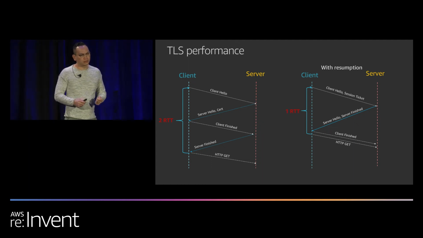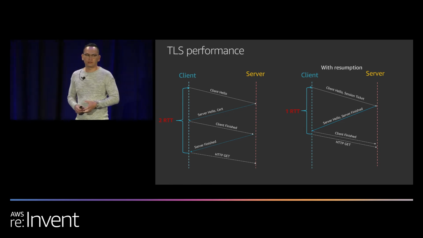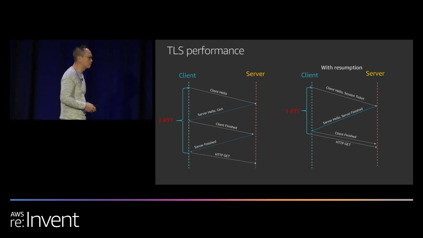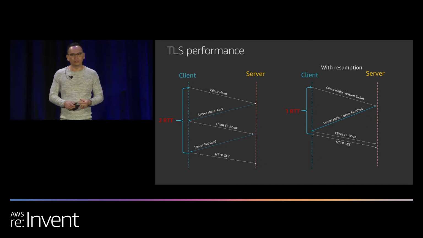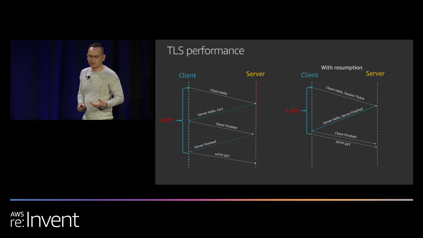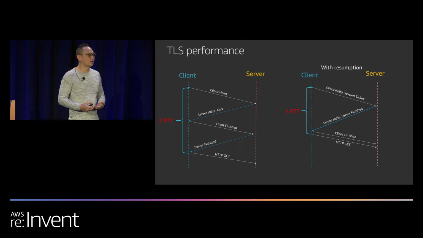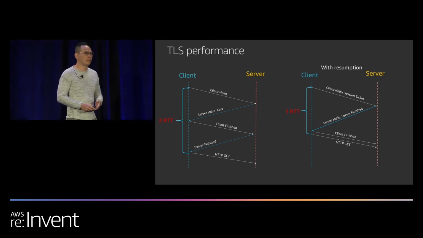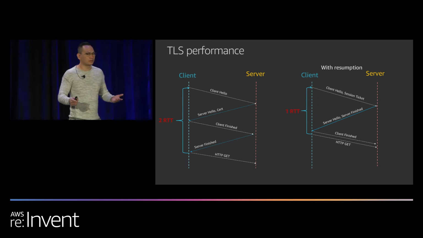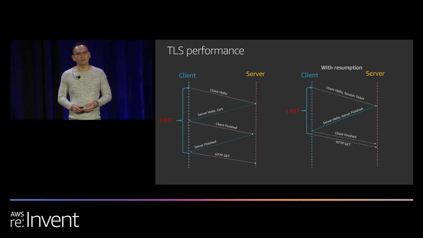So with session resumption, we're actually able to provide the client with a session ticket that the server would only know. It's a bunch of cryptographic information about the security profile of the original connection. And then on subsequent connections, when a client goes to resume a TLS connection, they can send the client hello with the session ticket. And in doing so, the server can validate that and reestablish the connection with the same security profiles that it had on the original connection. So now we're able to reduce one whole round trip from the subsequent TLS handshakes.